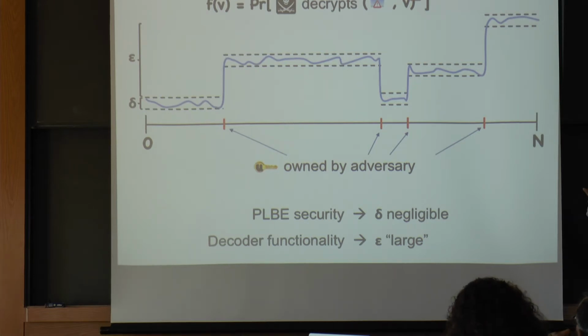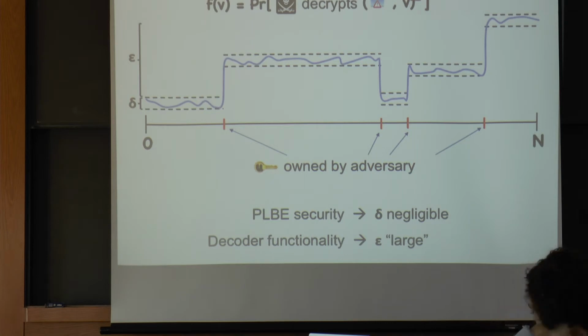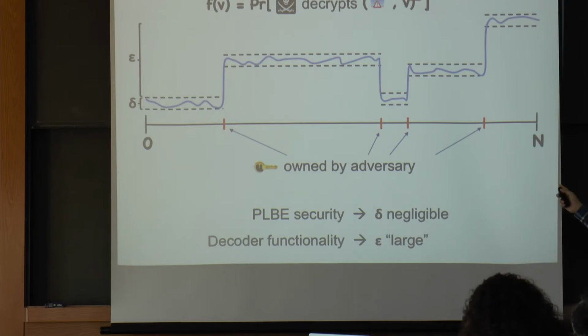So suppose the pirate decoder was only going to try to decrypt things meant for everyone and just give up on things not meant for everyone. Well, if the pirate decoder, for example, does not have user n, he can't distinguish an encryption to everyone from an encryption to everyone but n. What if he has that? Well, if he has n, then he can distinguish, and we would be able to trace and tell that because we would see a big jump in this function here.